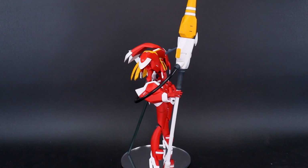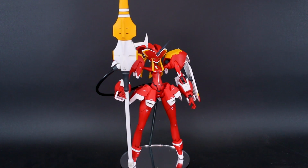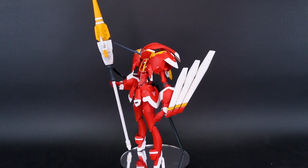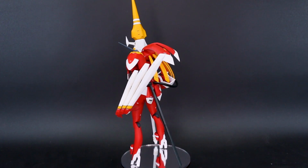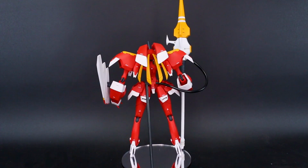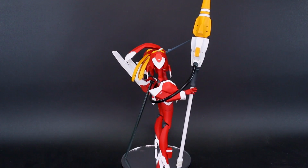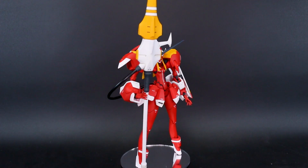I was really on the fence as to which color scheme I wanted to ultimately go with. The original white, the red version, or the very slightly seen at the end of the series, the gold version of this. There is also that. All of them sounded cool, and honestly I'm not against the idea of at some point in my life getting another one of these kits and painting it in one of the different color schemes, but I really couldn't decide which color scheme I wanted to do. So I actually put it to a vote on my Facebook page. I just posted up on there which color should I paint the Strelitzia, and red got the most votes,